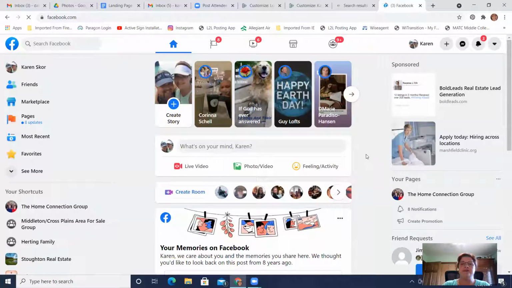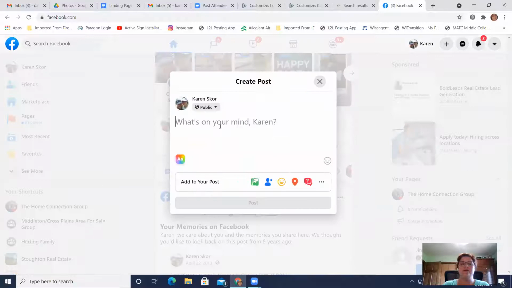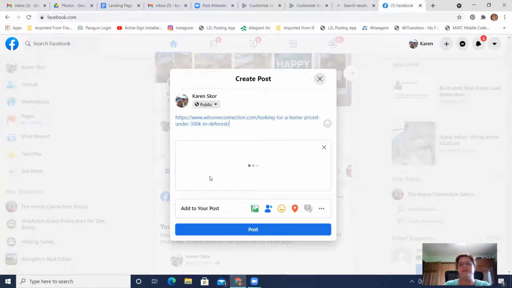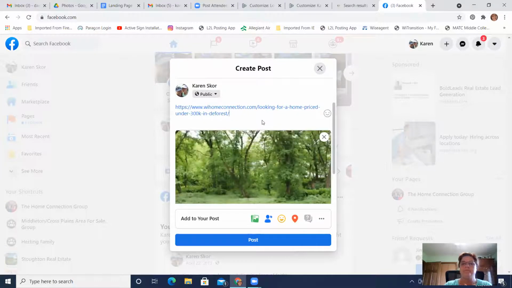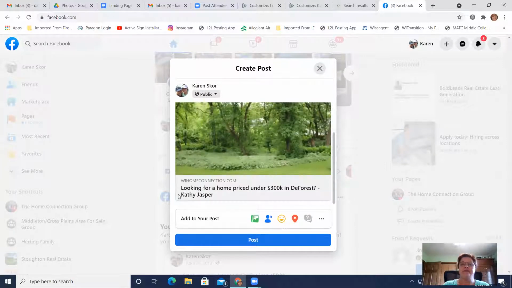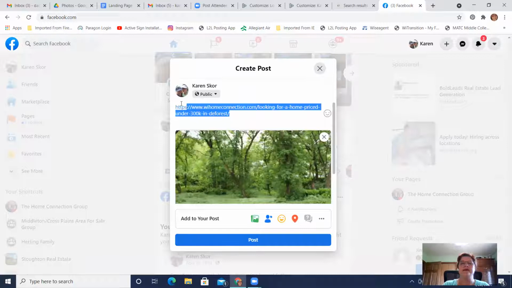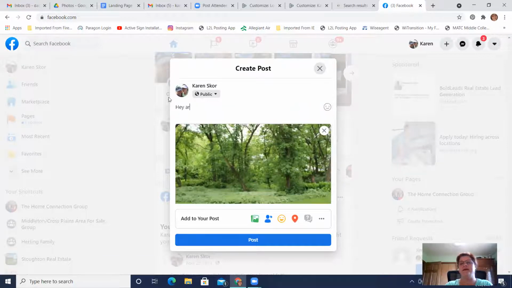This is how I do it. And you go here, paste, and let it populate. So that might take a second. And there it's populated. So this is what it looked like. Looking for a home price on 300K in DeForest, WisconsinHomeConnection.com. And now you can take this away, put, hey, are you